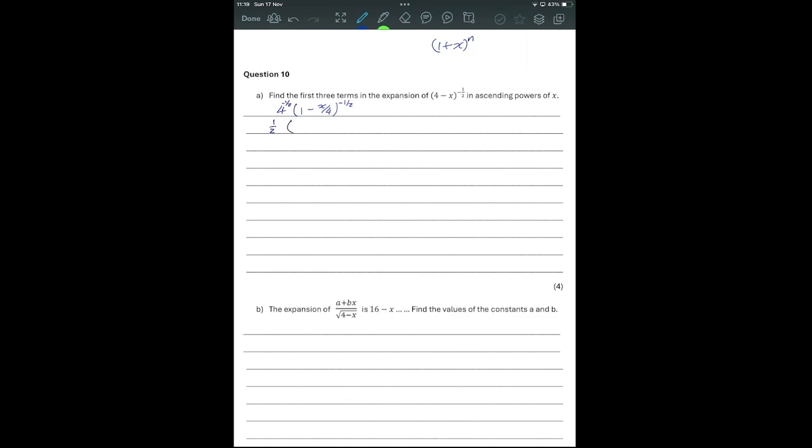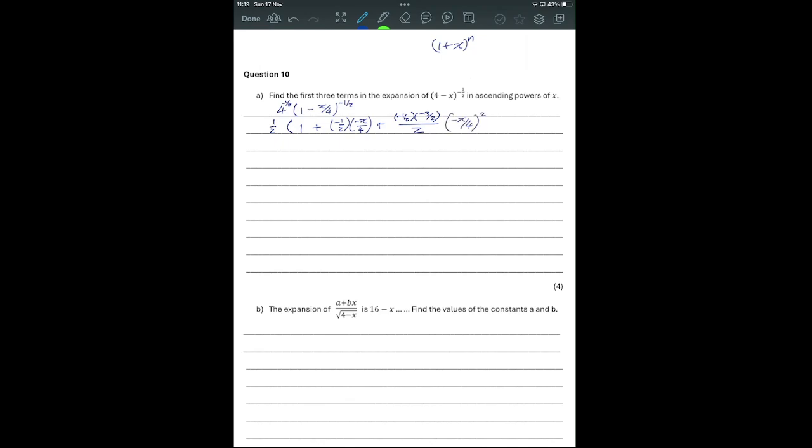And now I'm going to start doing my binomial expansion. As with most of these questions, it is only the first 3 terms. The first term being 1, then n x, negative a half, negative x over 4, plus your next term is n(n minus 1) over 2,